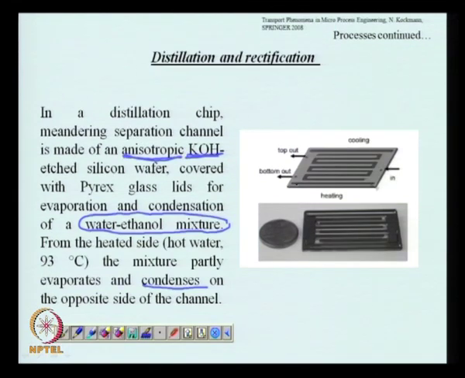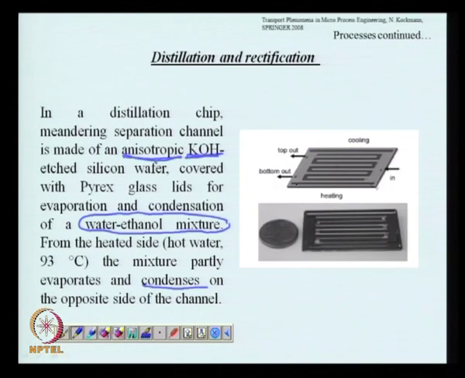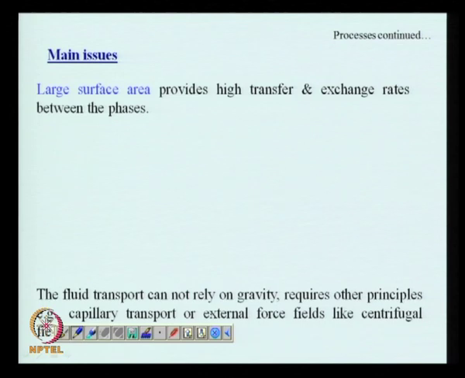The vapor and the liquid are in such close proximity that equilibrium is reached very quickly, very effectively, and then you condense the vapor which has been formed on the other side of the channel, and thereby you create a condition with proper enrichment, that is, a higher concentration of ethanol at one side and a higher concentration of water on the other side. So, such distillation and rectification devices are becoming more common in practice, but